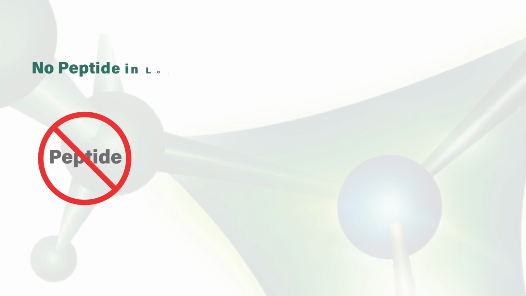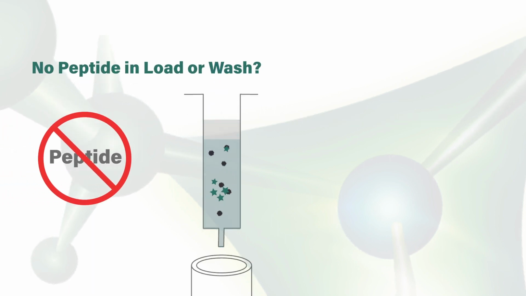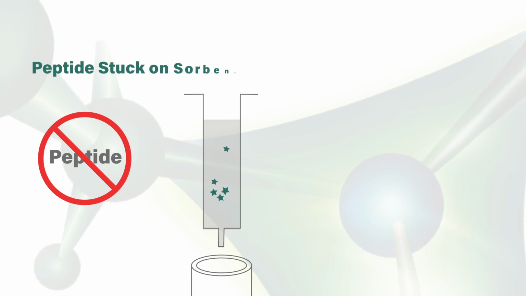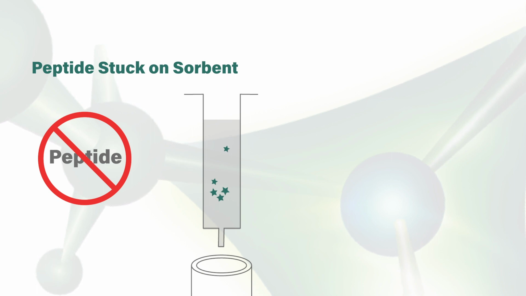As you're developing your solid phase extraction method, you may see that you have low recoveries, but during your mass balance, you didn't find the peptide eluting in the load or the wash steps. That means it's likely stuck on the sorbent. This could be due to peptide solubility problems. The elution solvent that you're using may not be correct to elute your peptide. You can try the following to fix this problem.